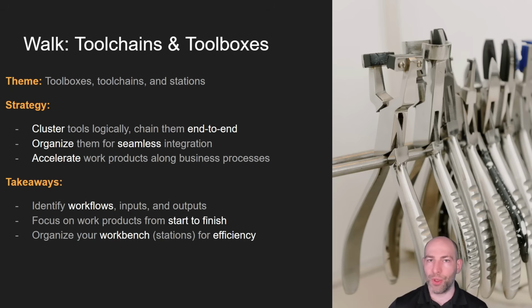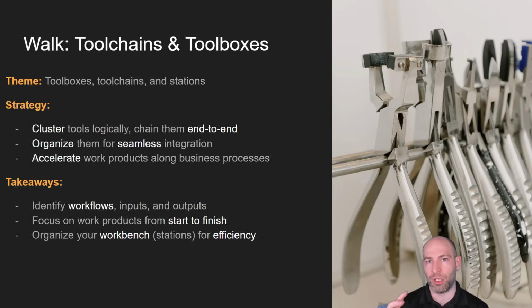Where are the inputs and outputs of various business work products? And what I mean by a work product is, are you paying bills? Are you filing taxes? There's all kinds of business things that are information and data based. And I don't mean database like SQL. I mean they're data-oriented work products. And so by focusing on the end-to-end process, what are the inputs, outputs, and transformations that they go through, you can start to build those workflows.